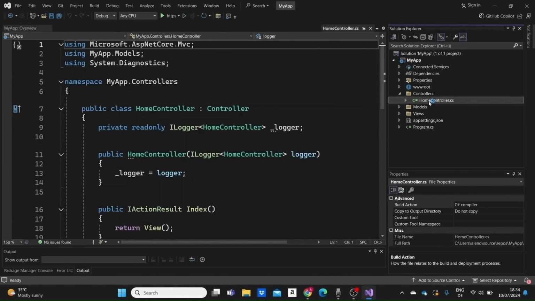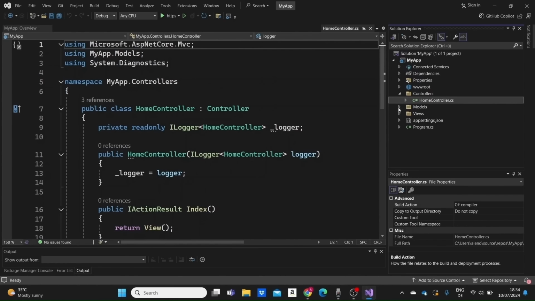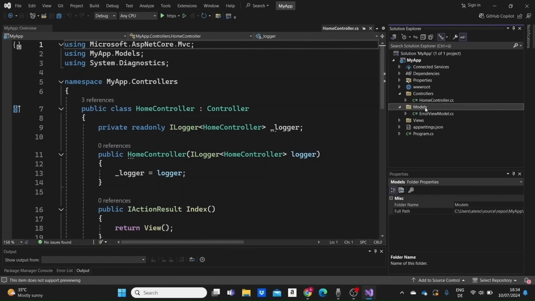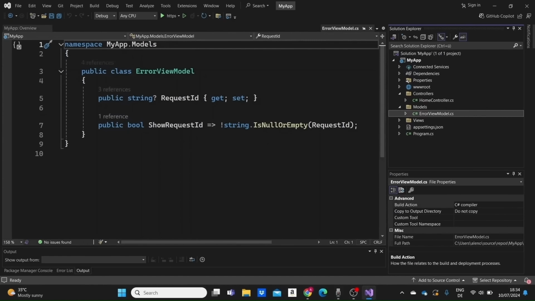For example, we have the home controller here that is already created. The models folder then contains classes that represent the data of the application. Here we have a sample model, ErrorViewModel.cs, which is used for error handling. The views folder contains the Razor view files, or the .cshtml files, used to render HTML to the client. In this folder, you'll also find the view